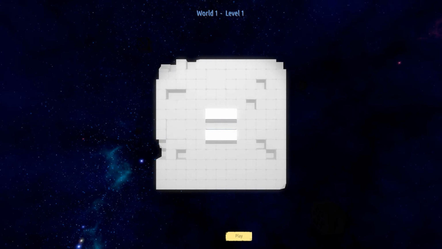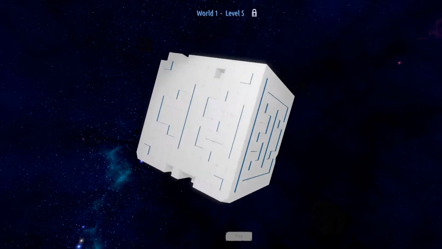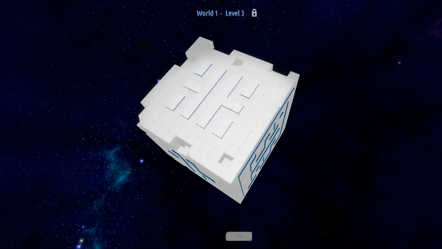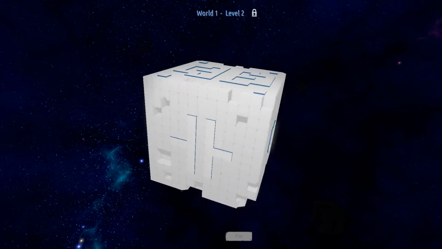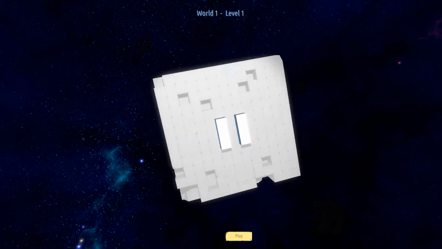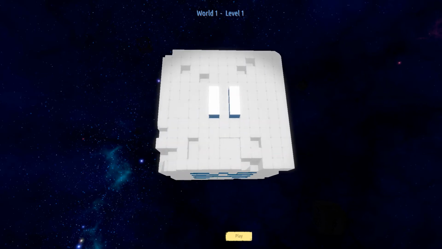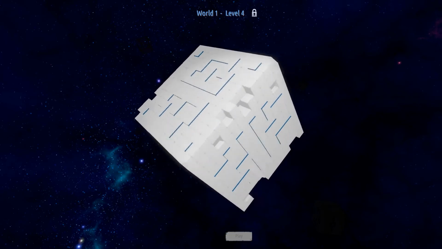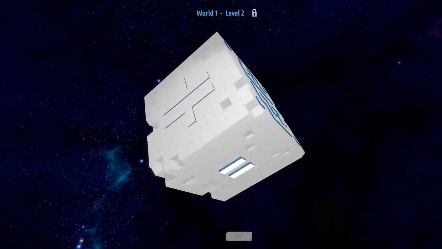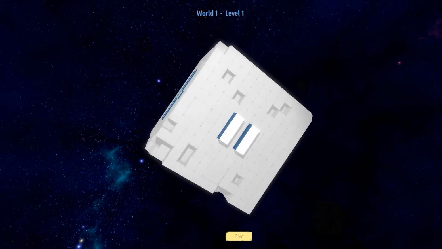So this is kind of interesting. I think this is... Oh! Wow, I didn't even do this when I checked. So this is the level select, kind of. That's very interesting, and the turning is kind of strange. But yeah, so you can select any level that you want, but obviously we haven't unlocked any,